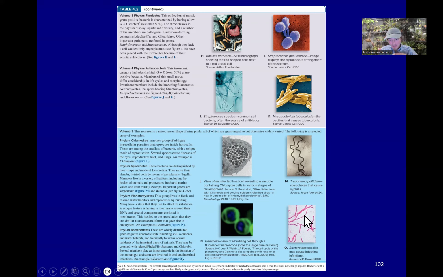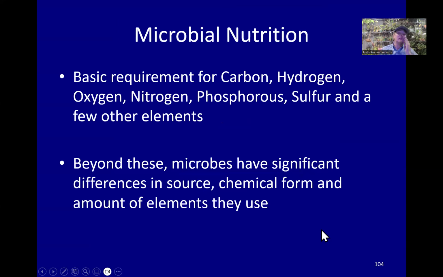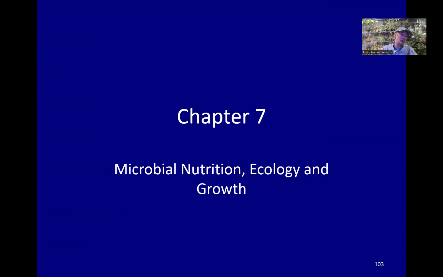And you can see that bacillus shape in this figure here, where it has those rods. And it's also pink. Gram-negative is pink, but you haven't learned that yet. Finally, we can get over to chapter 7, where we can talk about nutrition and ecology